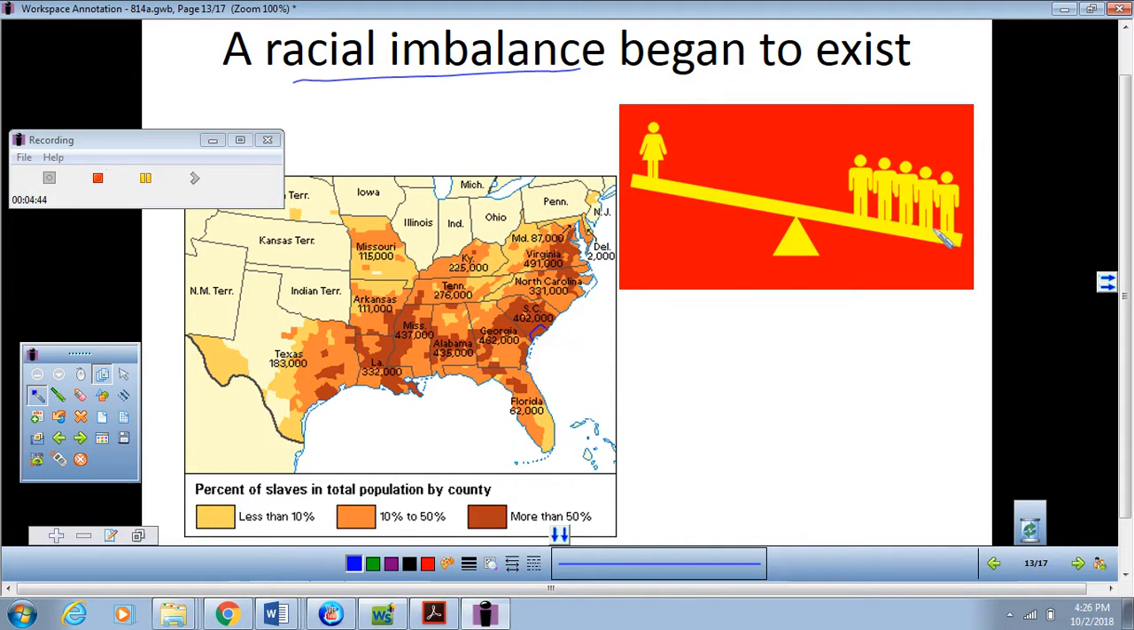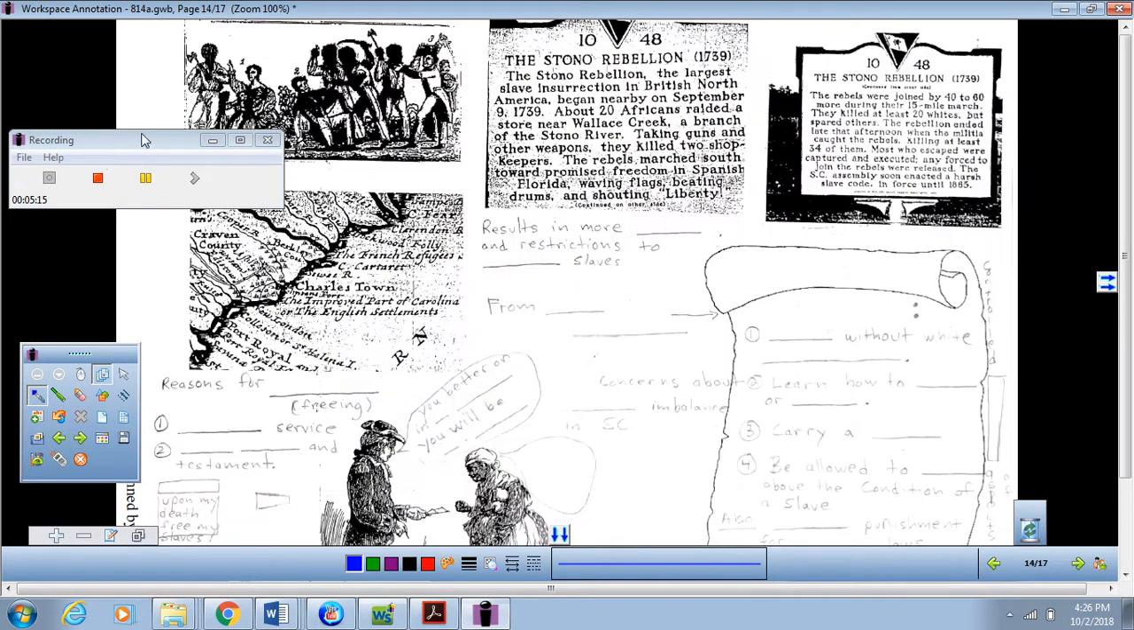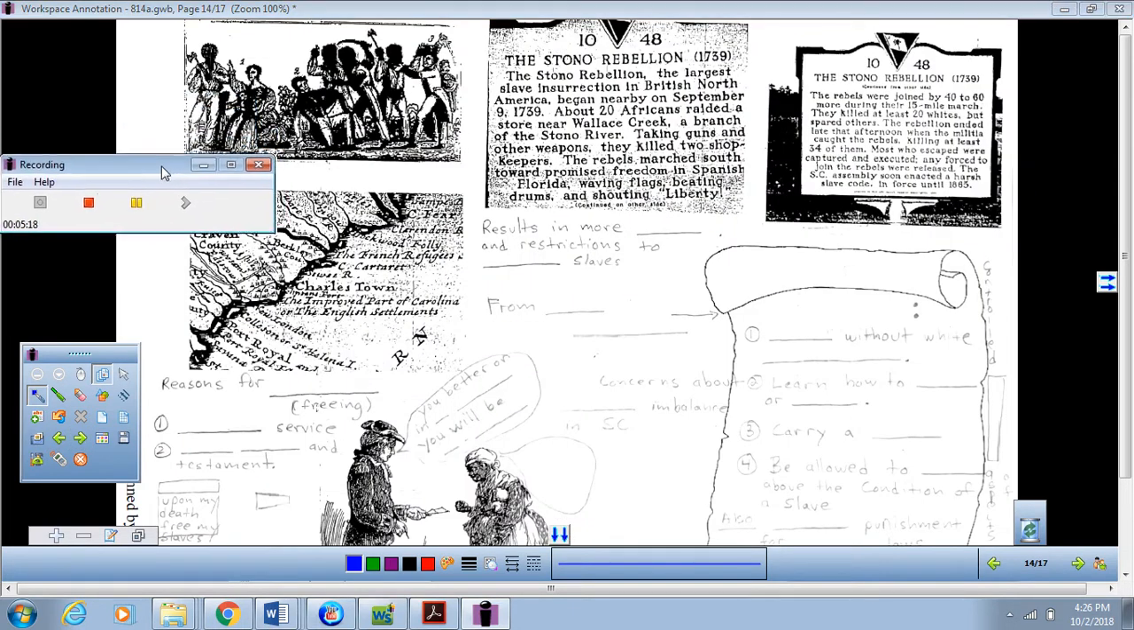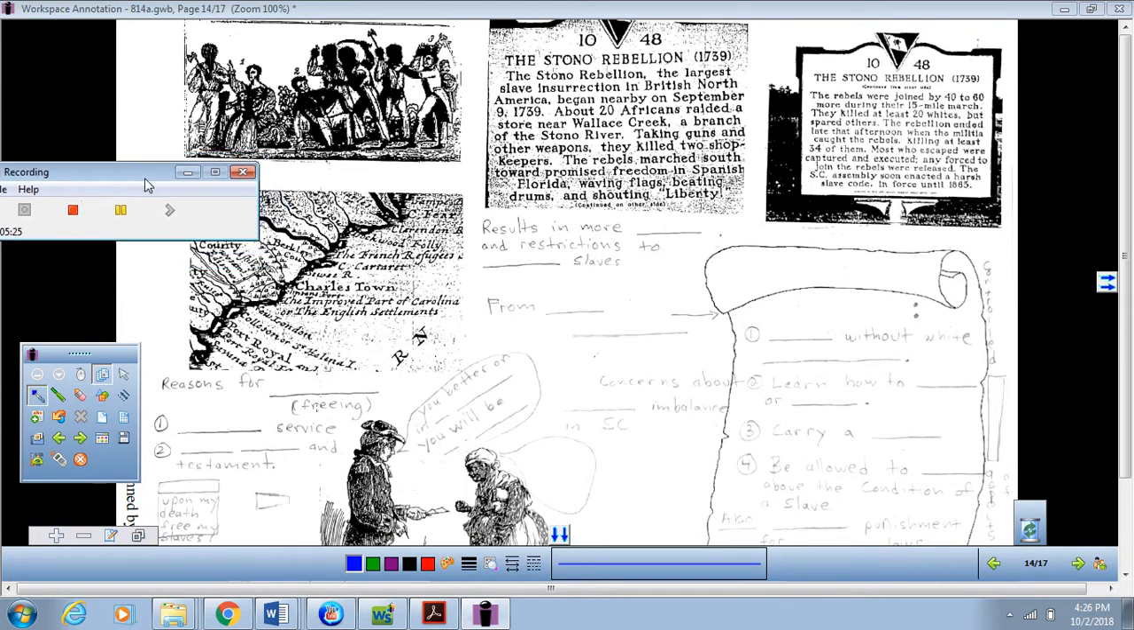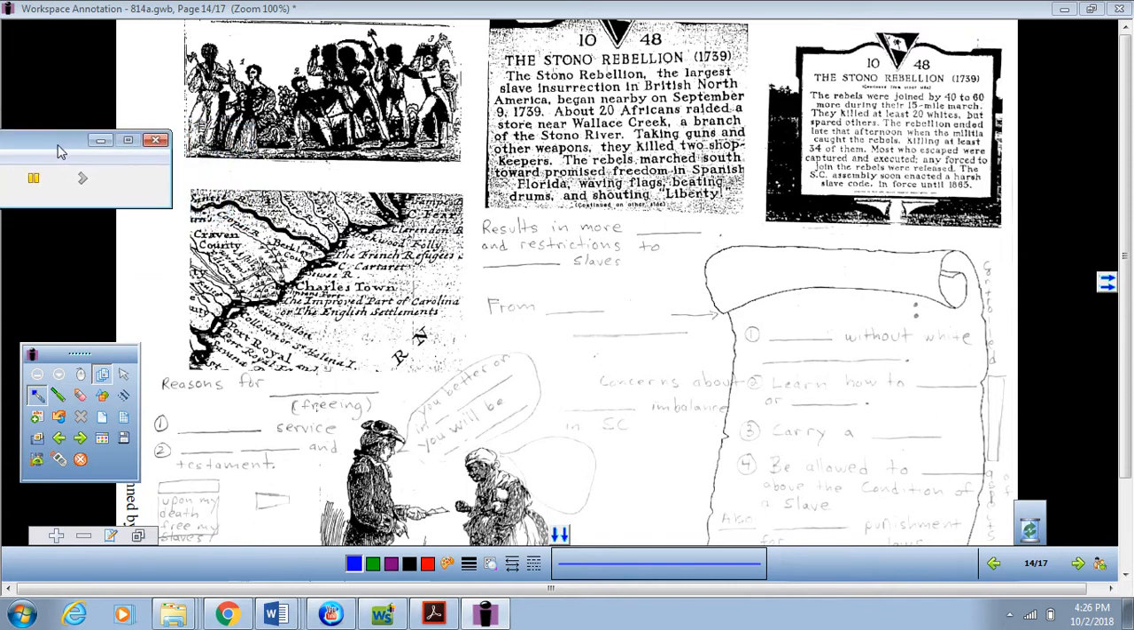But this racial imbalance, there were more slaves than there were whites, and the whites were getting scared. However, the General Assembly did nothing to limit the amount of slaves that were coming in. These fears were realized when, in 1739, there was a slave rebellion near Charleston in southern Charlestown